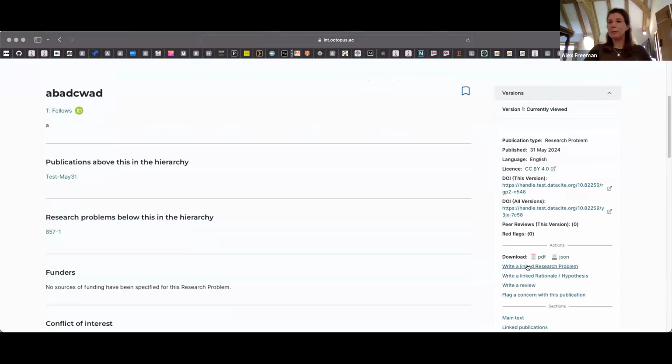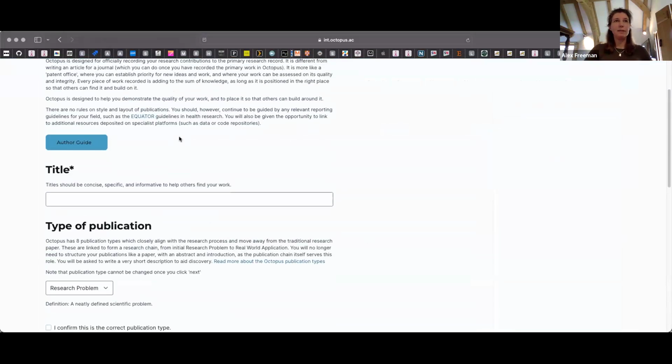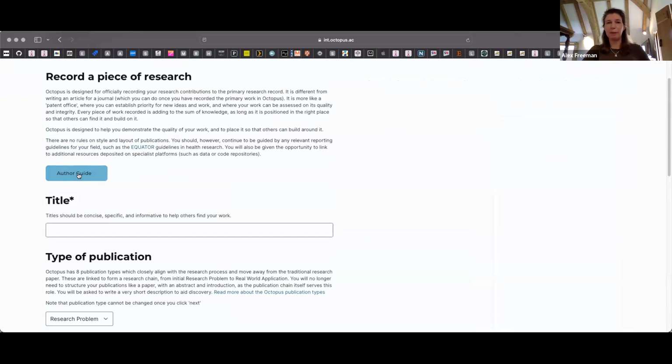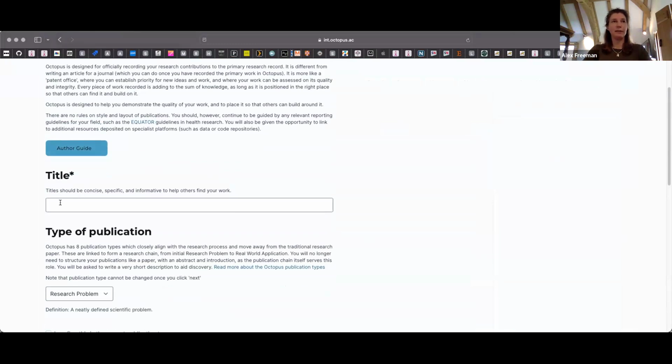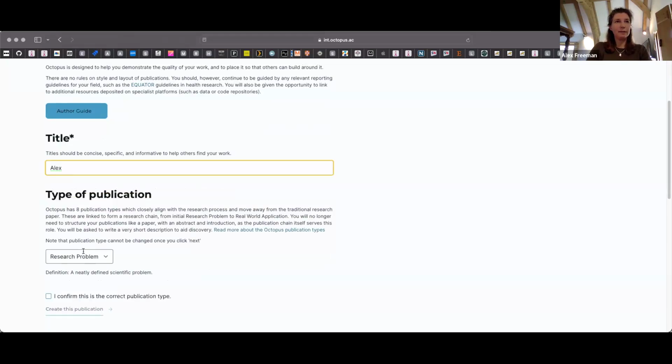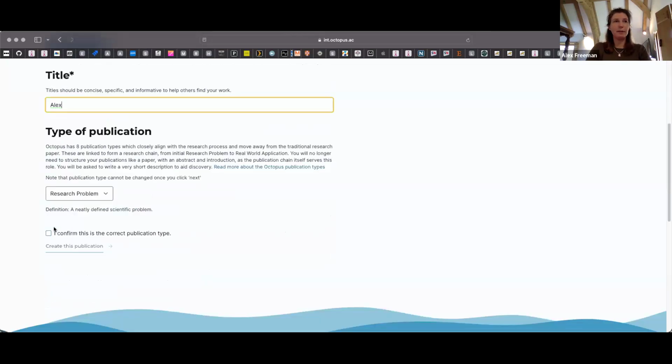So say I want to write a linked publication, and I'm going to write a research problem associated to this. Obviously, here is the author guide. So when you've published for the first time, just have a quick look at that. It'll give you some things. But my keyboard is a bit sticky. So I would give it a proper title. It's going to be a research problem. I confirm that's the correct publication type. And the reason I have to do that is because every publication type has a different publication form that you then fill out. So when I create this publication,